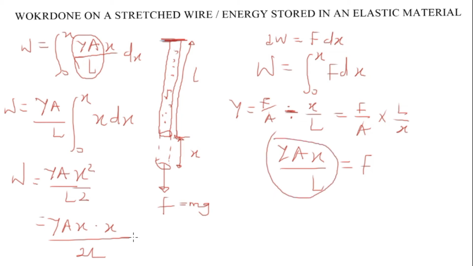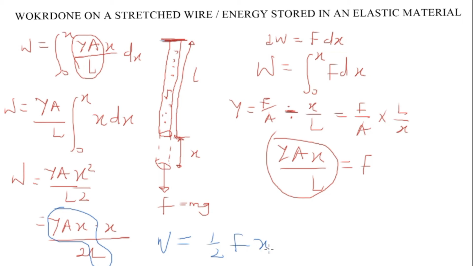Okay, let me just circle that. YAx over L is the same thing as force. So we can have 1 over 2 Fx. So it means that the work done that is being required to elongate the material is the average force